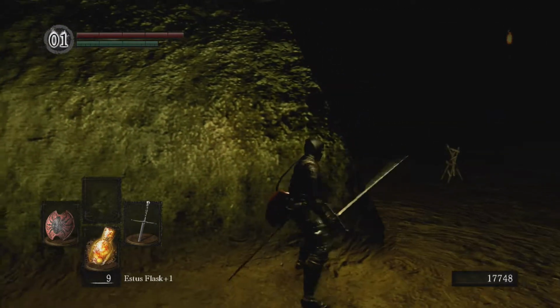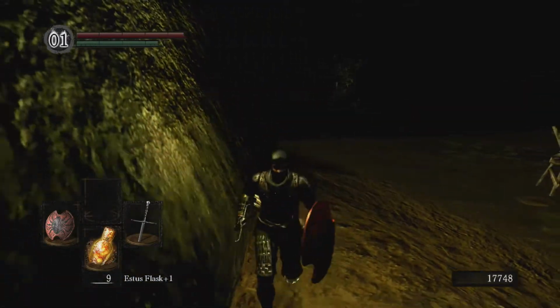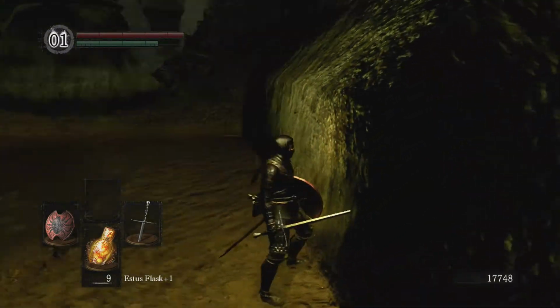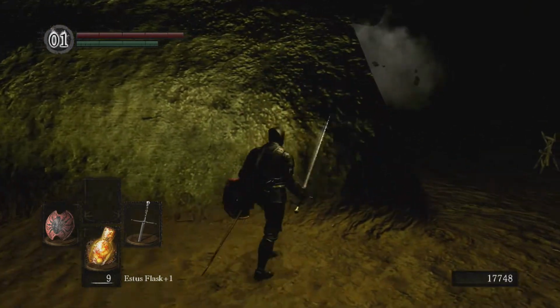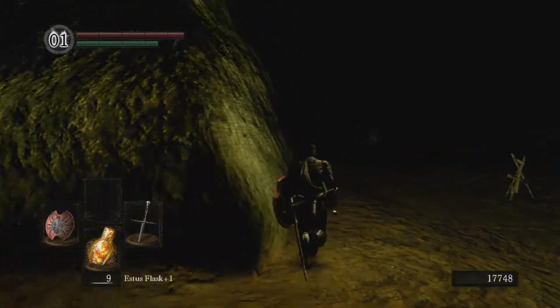Over here on the side, there are going to be two fat guys throwing rocks at you. See right there, there's one. They're going to chuck rocks at you. Those rocks do an excessive amount of damage. So just make sure that you force them to come over towards you, one at a time. If you want, you could try to shoot them with arrows, but...